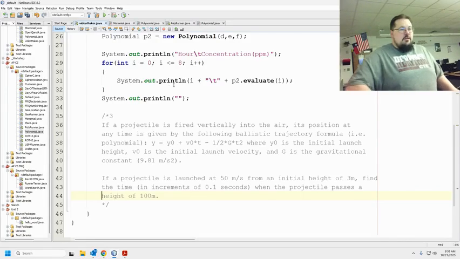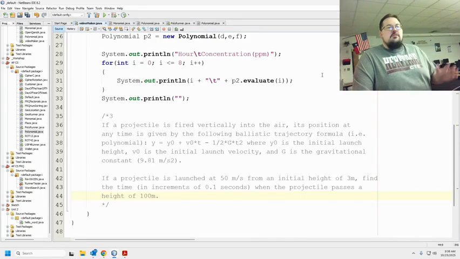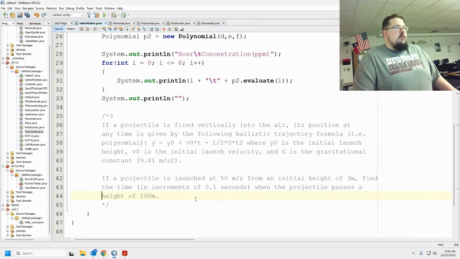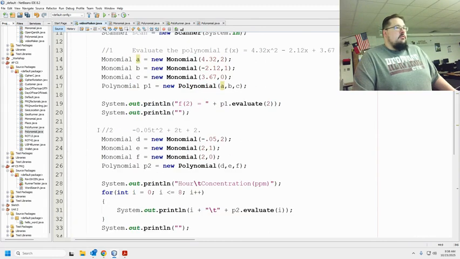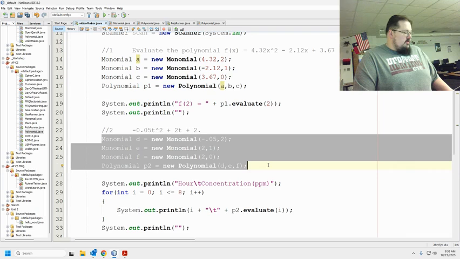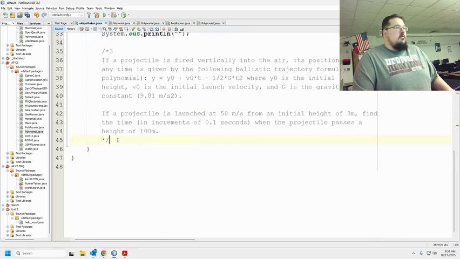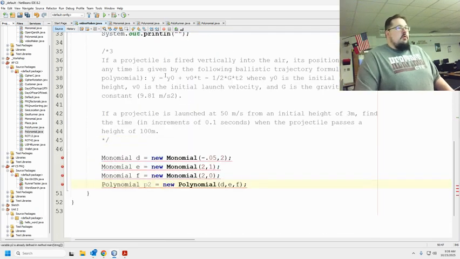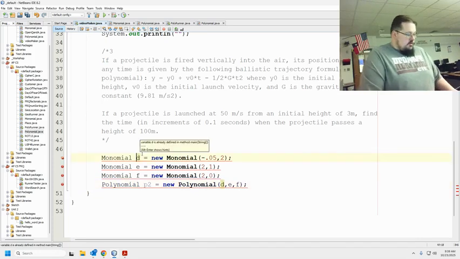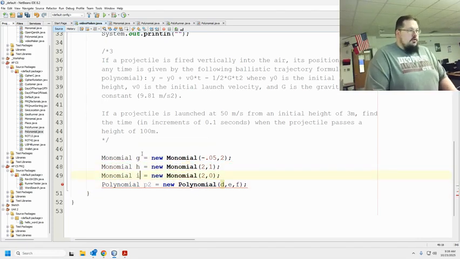So this is similarly going to be the one we have to edit the most. So I'm going to steal all this again. G, H, and I,